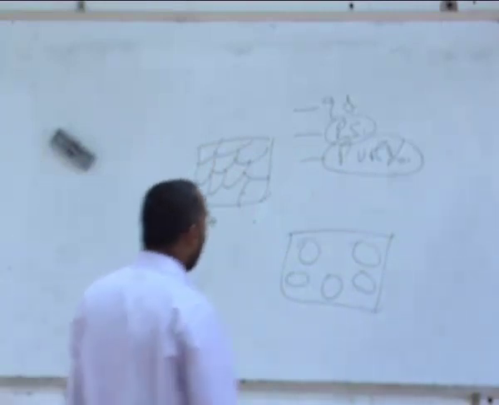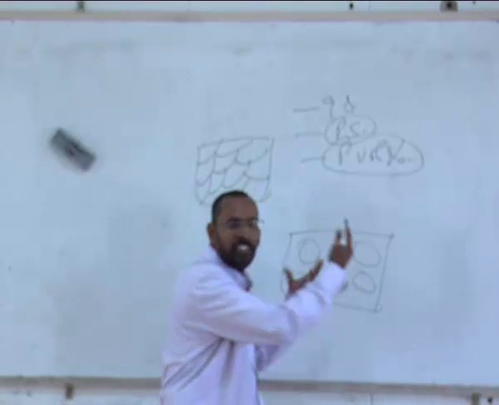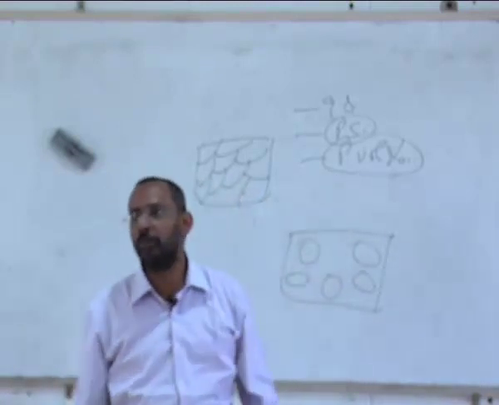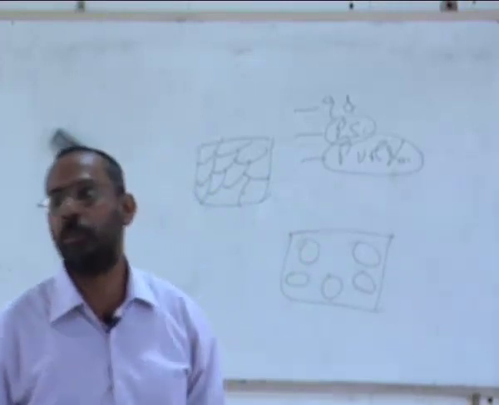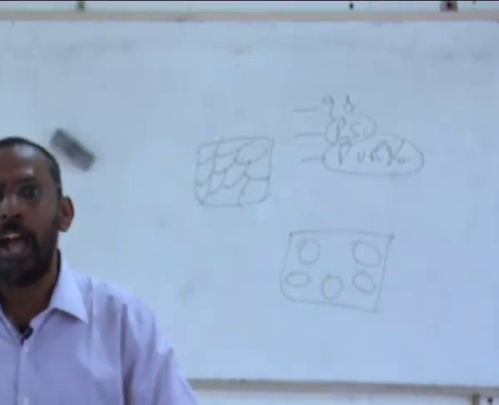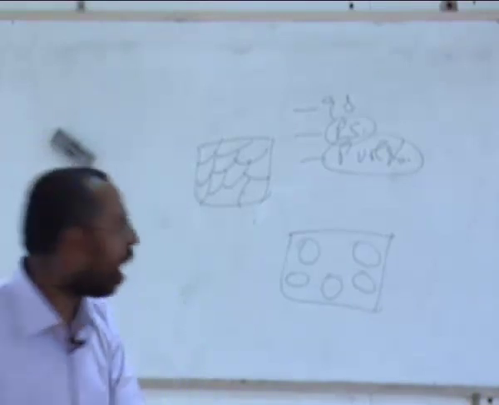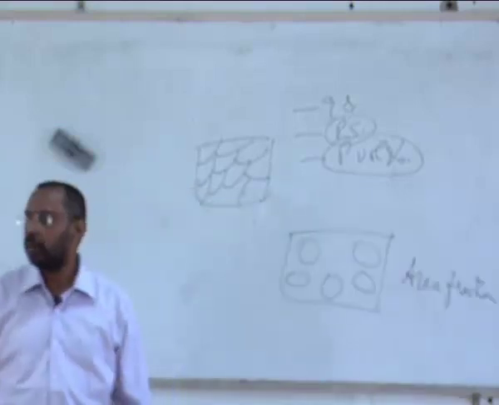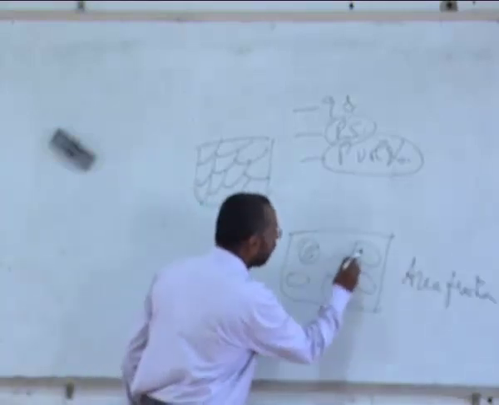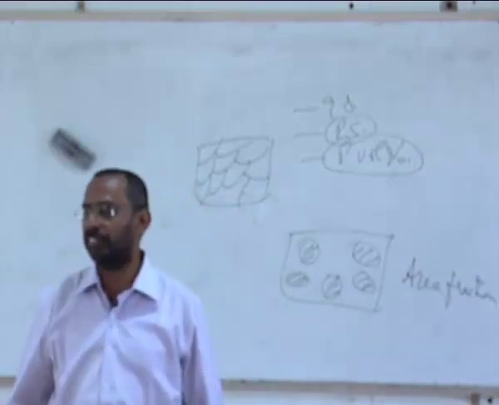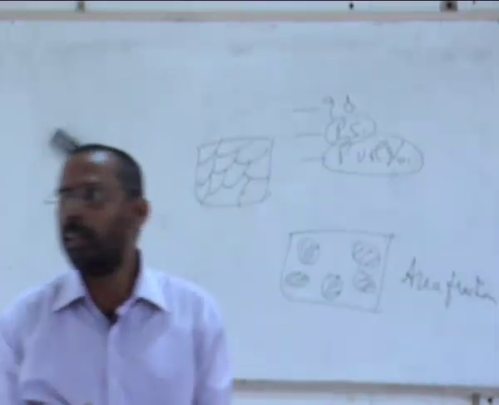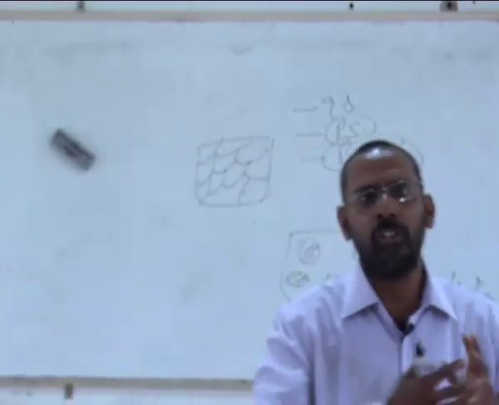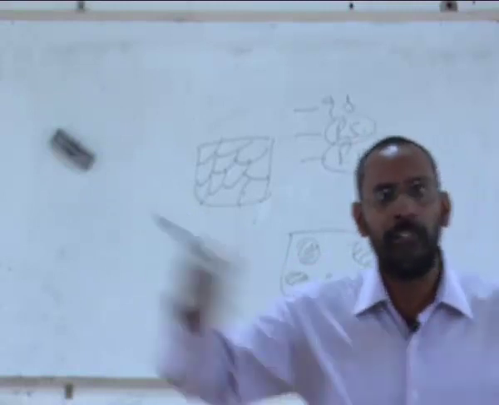And I can differentiate this from this because the contrast is different. This may be black in color, and the background matrix may be white, and from that I can say this is a precipitate, that is a matrix. From this I can measure quantitative information on the amount of this precipitate in terms of what is called area fraction. What I should do is find out all the areas occupied by these particles over the total area. And to get a more accurate number, I do this over a number of regions, some 20 different regions or so.